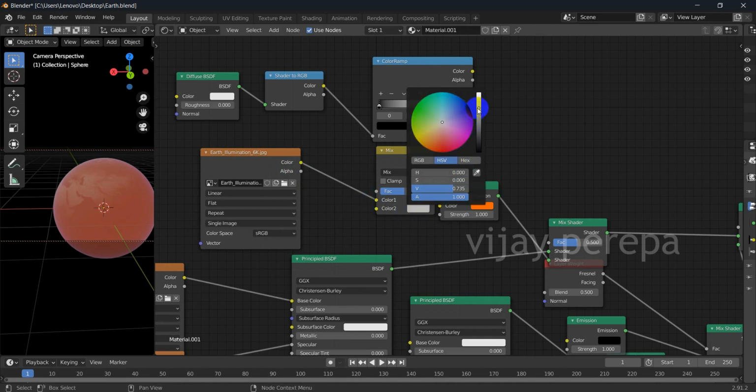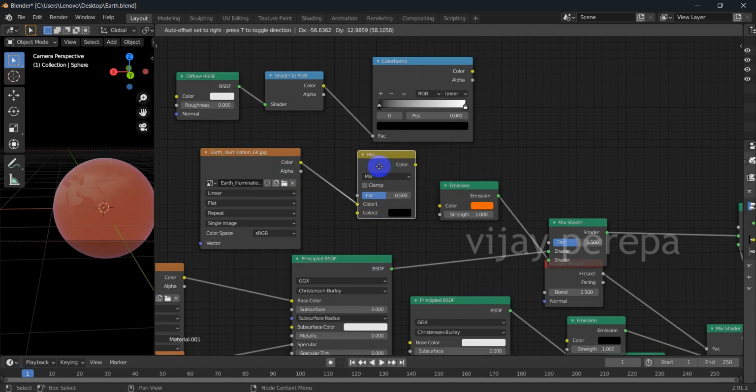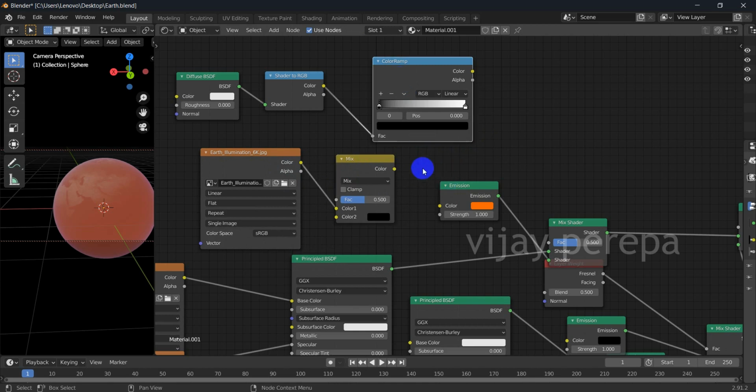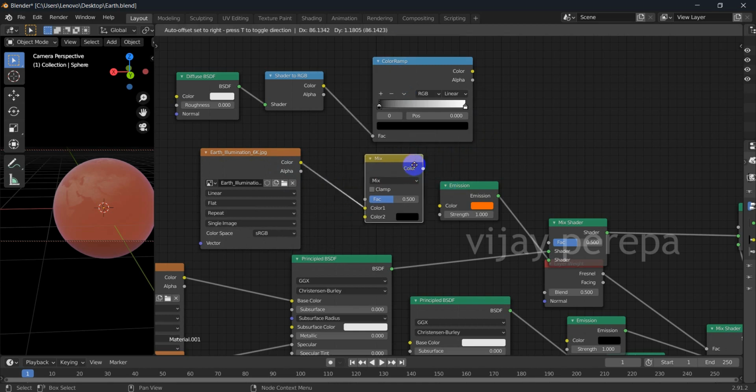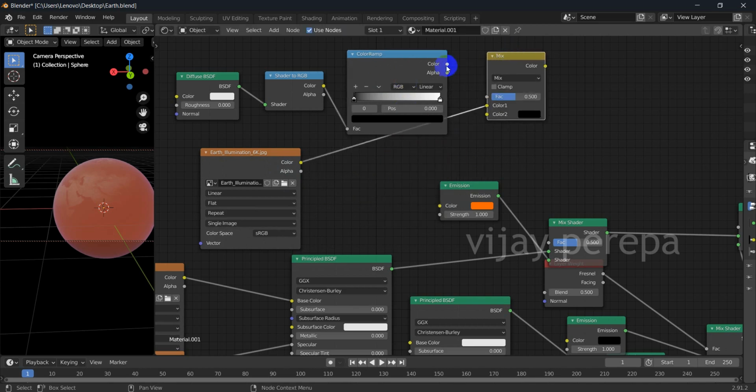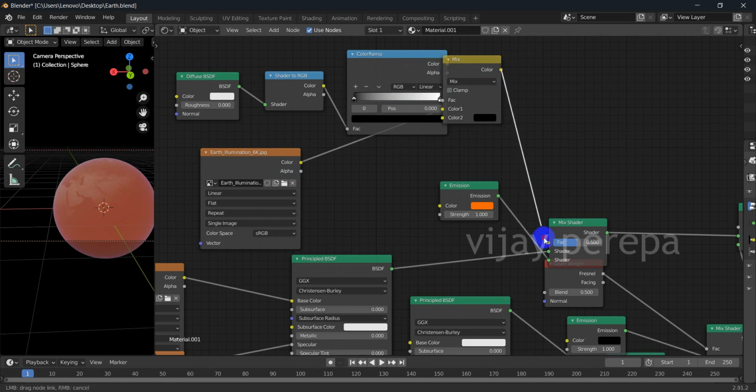Second color will be completely made black, and then this color and this FAC will be added, and this color will be connected to this FAC.